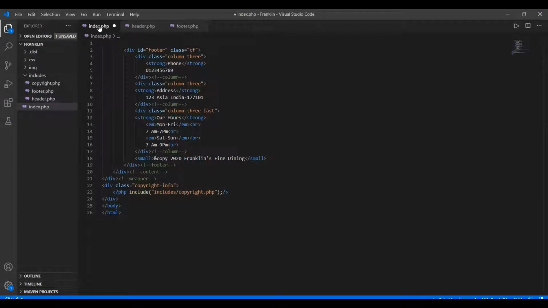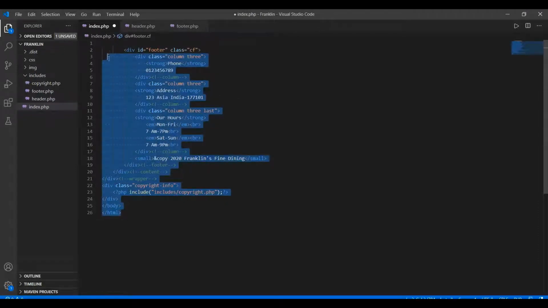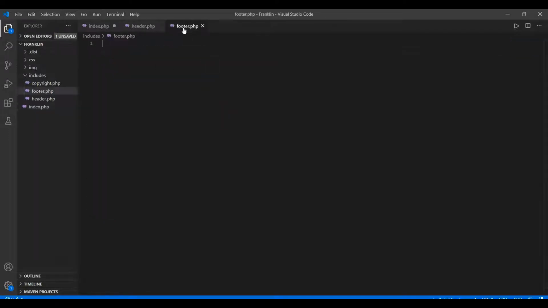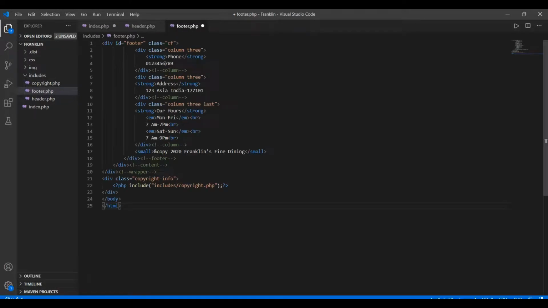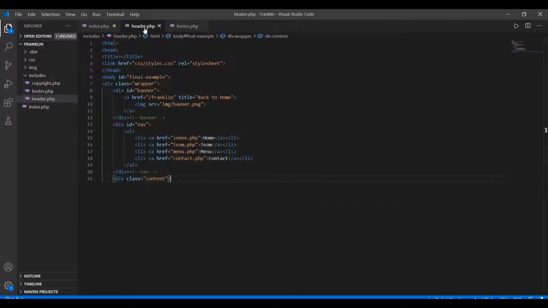Again go to your index.php file and cut the rest of the contents using Control X, and paste it in the footer file using Control V. Remember, we have to take the contents from div id footer to the end of the file and paste them in footer.php.